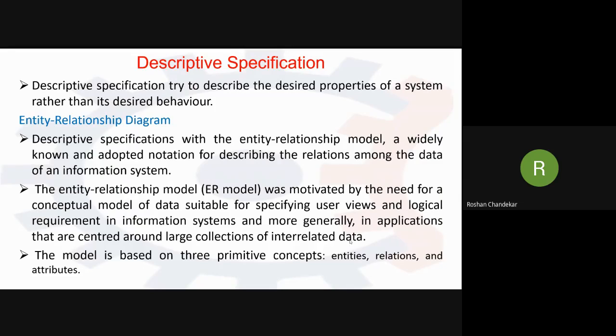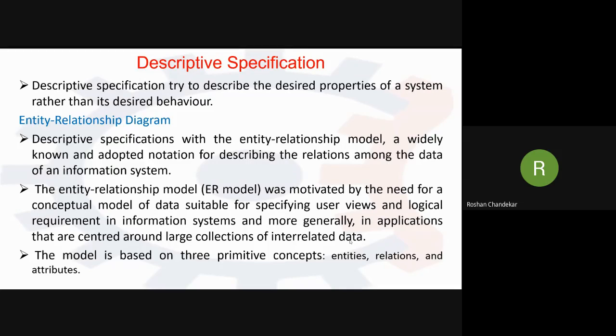So to understand the operational specification: it is a logical structure of our data, where we define the logic, how the flow is going, how we can form the finite state machine, and how we can use Petri nets to design a logical base. But on the other hand, in the entity relationship diagram, in this descriptive specification,